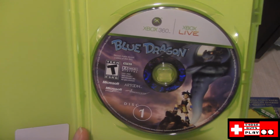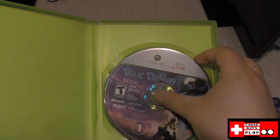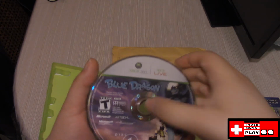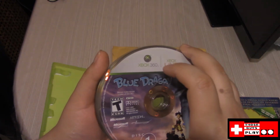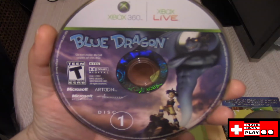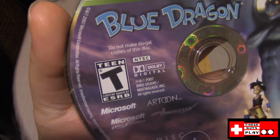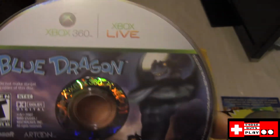And I didn't know that apparently this game is actually a 3-disc set. So I'm wondering if we got all 3 discs. It's GameStop, so maybe not. 1, 2, okay, well, look at this. So I'm just going to quickly go through each disc. So yeah, there's a little imperfections here on disc 1. So that's not good. But just the fact that I actually have a 3-disc game almost immediately makes